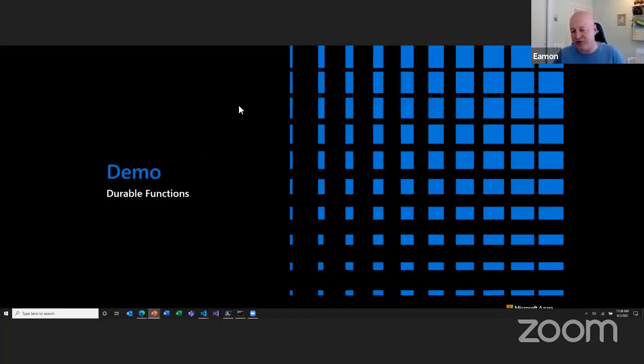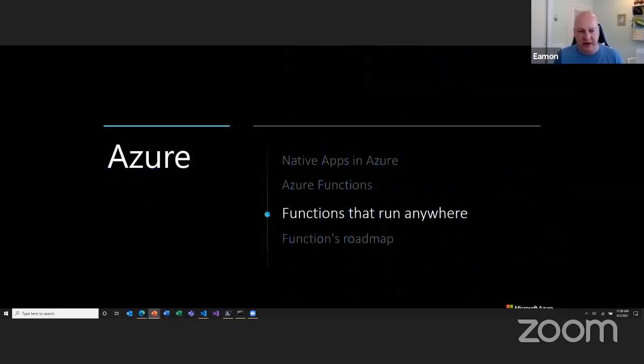So hopefully I showed you a bunch of different scenarios for Durable. Obviously, this is available in all languages now, from Python to Node to .NET, PowerShell. We just announced that, which is why I wanted to show you guys. There are lots of scenarios where you think serverless might be very difficult to implement. Then you may require some state or some orchestration, and you want to write code. Then Durable is a good candidate. Okay, so I'm now going to move into Functions that run anywhere.